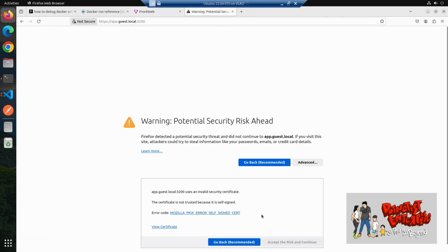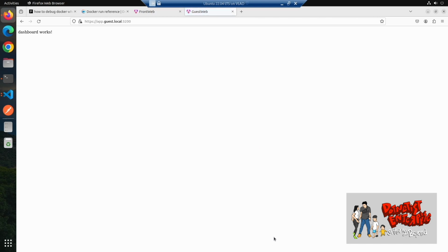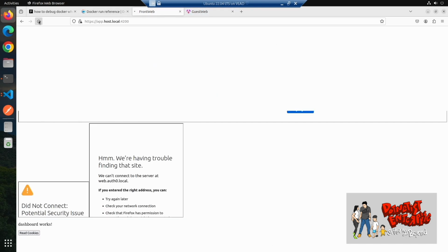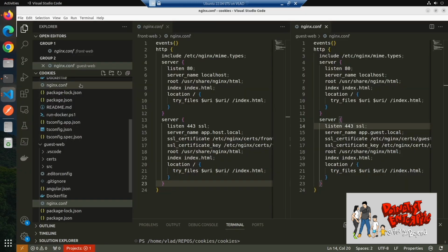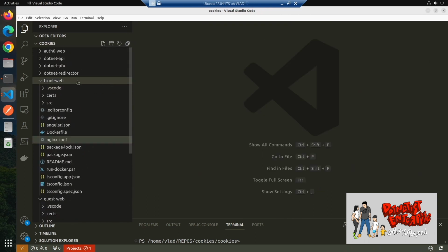Right, so there you go. Okay, so both of them are running in Docker, and what we want to do now is